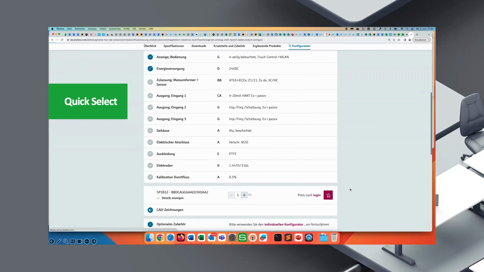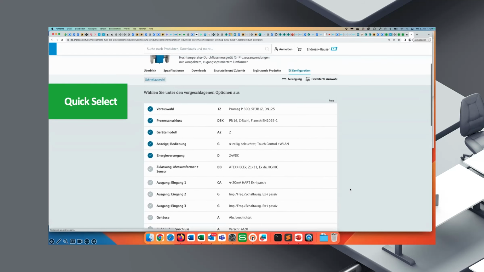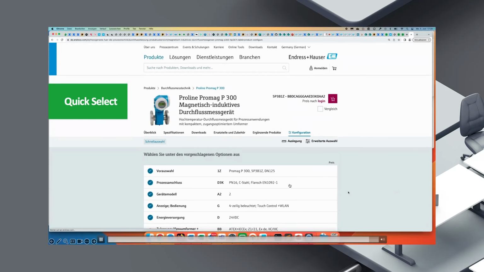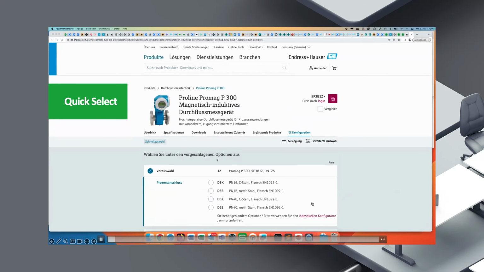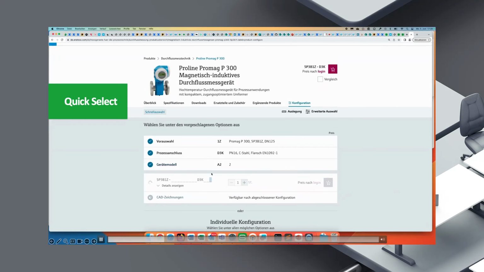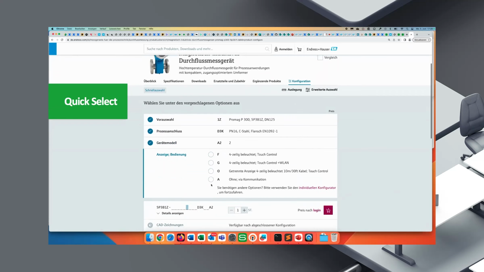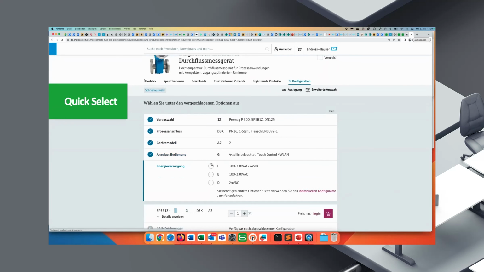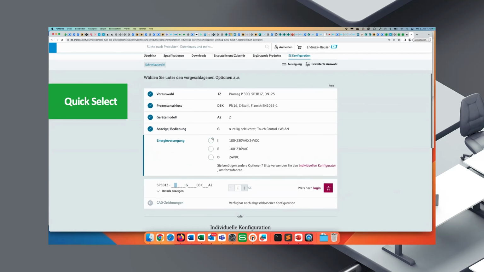Like when we start the process again in the video which is running in the background, then you can see, okay, outgoing from this part configuration here, we suggest the next feature, Anzeige und Bedienung, in a way such that the process is finished as